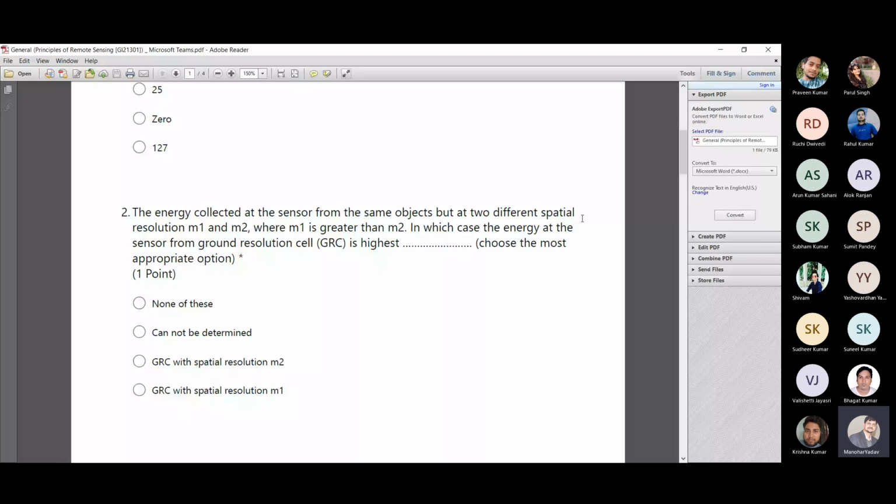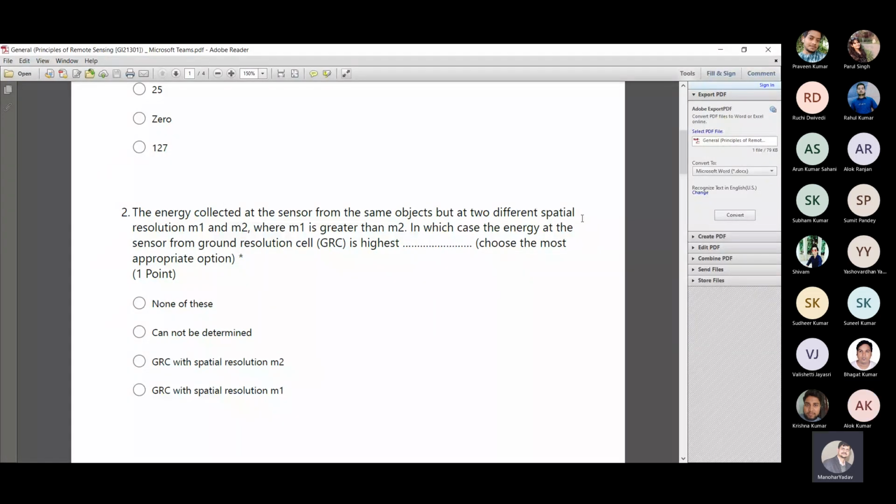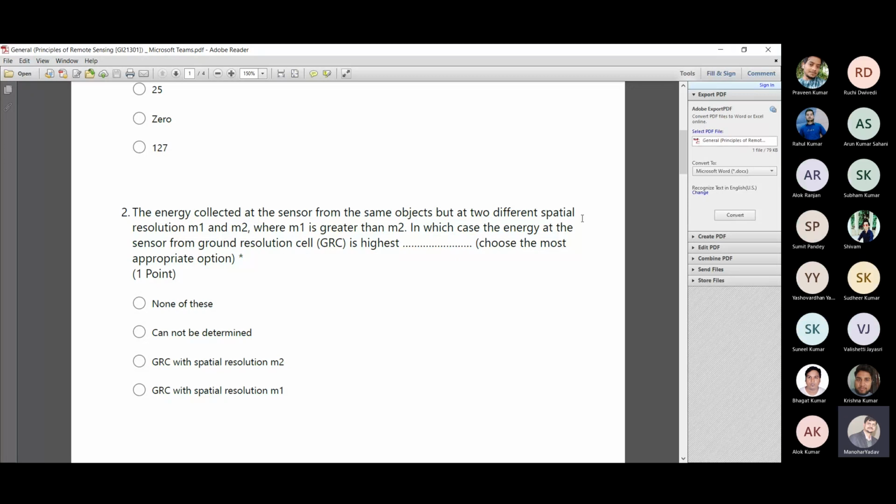So more photons, the total energy that is outgoing from that area is increased. The reason is that more photons constitute, because more photons are reflected, outgoing from different points in that area. So the correct option: the spatial resolutions are given as M1 and M2, where M1 is greater than M2. So obviously at larger spatial resolution, energy will be more. So the correct option is GRC with spatial resolution